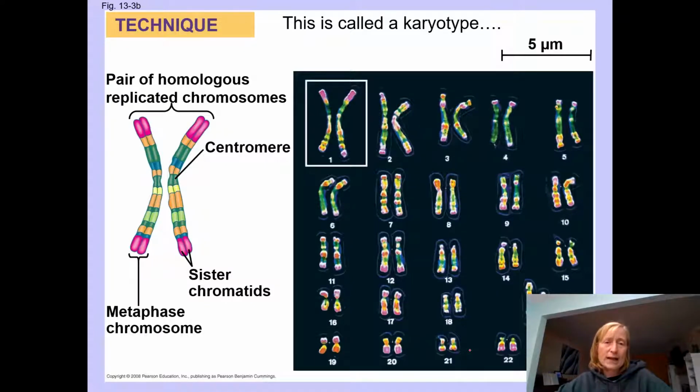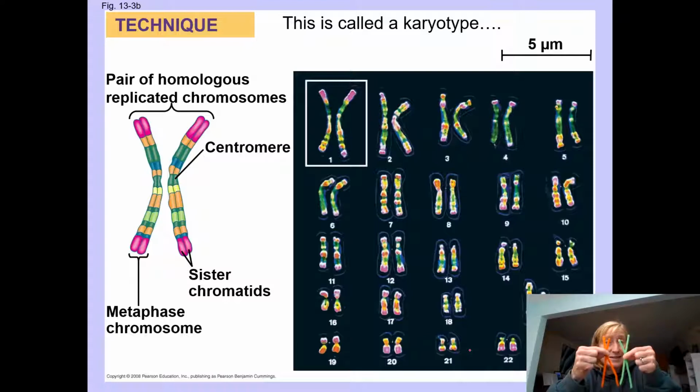We call pairs of chromosomes that are the same size and the same shape and that carry genes for the same traits homologs or homologous chromosomes. So humans have 23 pair of homologous chromosomes,